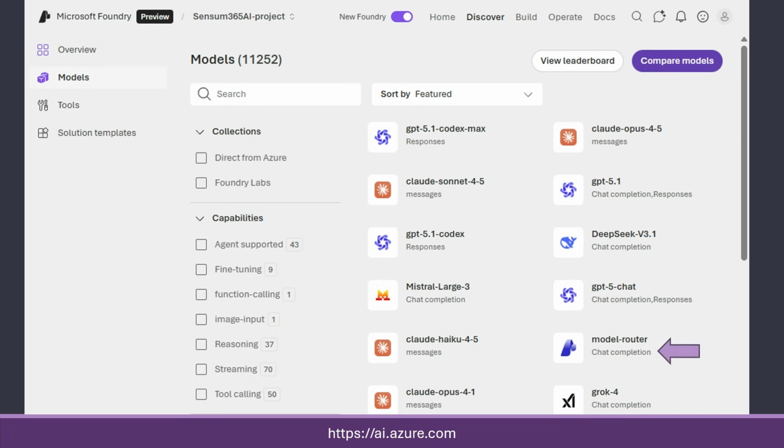There's one special model called the Model Router. It, as such, is not a model, but instead a collection of models that, based on the question, can choose simpler or advanced models on the fly. I had mixed results with this, so I tend to not use it personally, but it's an interesting idea. And behind the scenes, you can go in and choose which models it has available to route to.